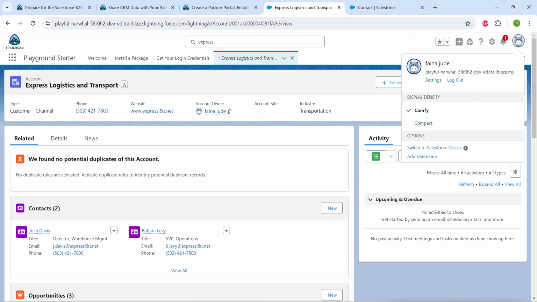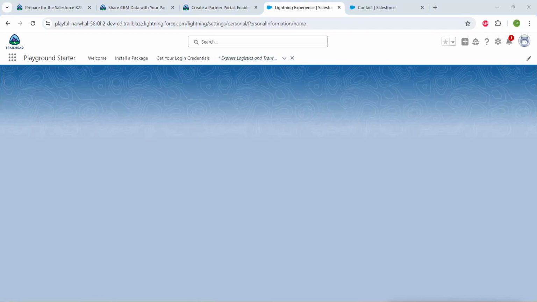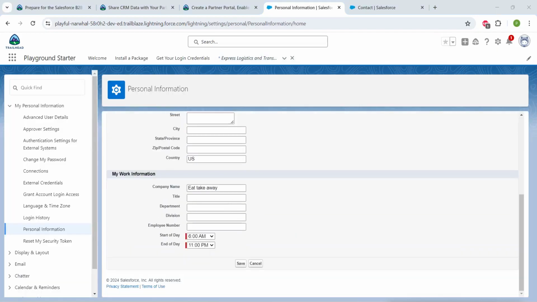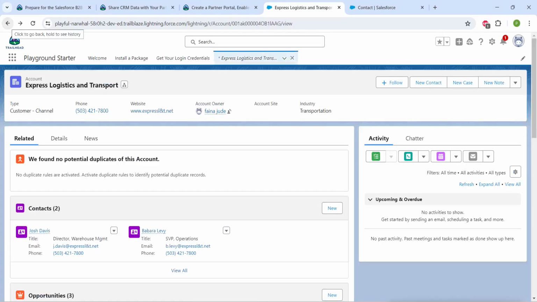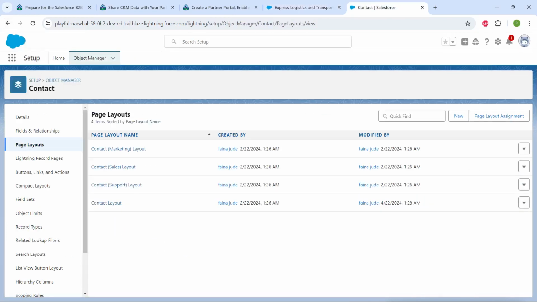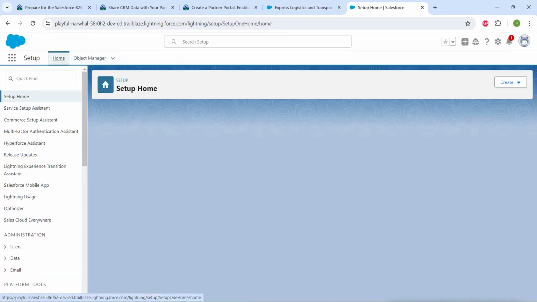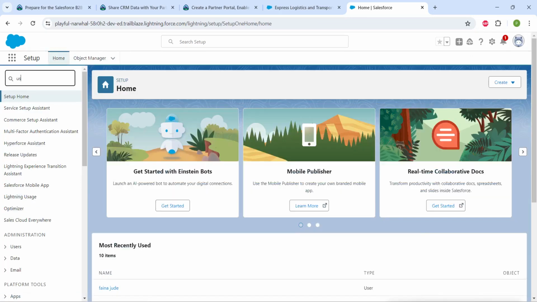So guys, now I'm just gonna click on view profile, the avatar symbol which you will find on your right corner. So here click on settings. So this is basically our personal information, and now let's go back and click on our setup. So you can hover over the gear icon followed by setup so that you will get this page, and now go to your home. In quick find search for user